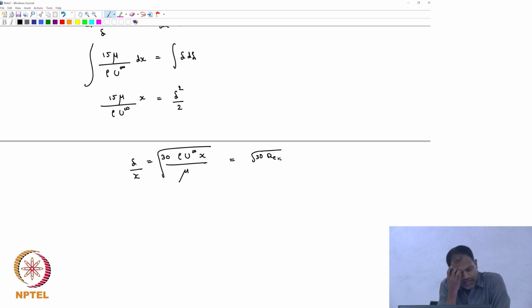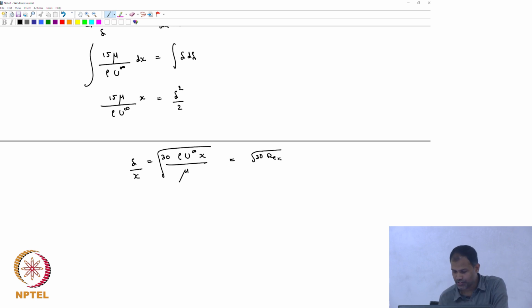So this is what we had said when we started talking about the boundary layer. The thickness of the boundary layer grows with x, and for a laminar boundary layer, it goes approximately as square root of Reynolds number x. Okay, so if you assume that the profile is actually parabolic, you basically end up seeing that. Is that okay?